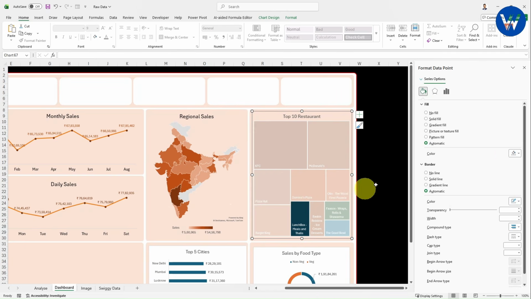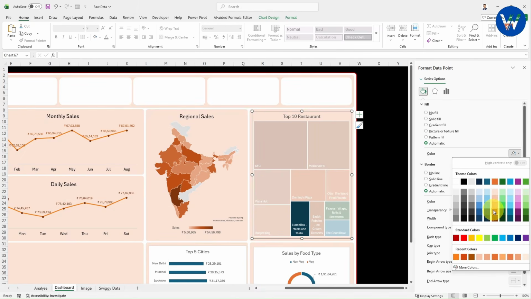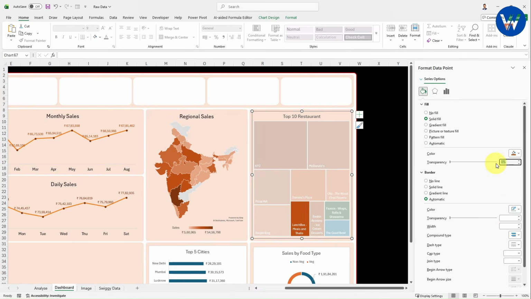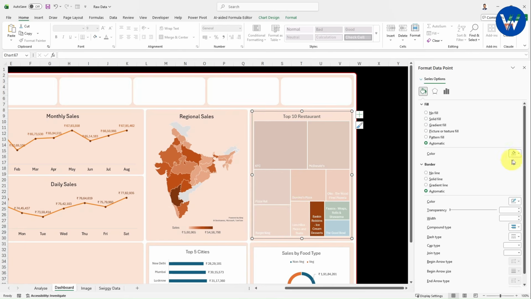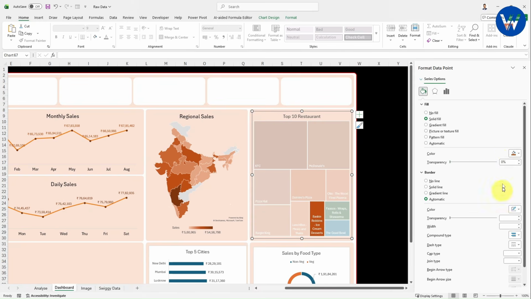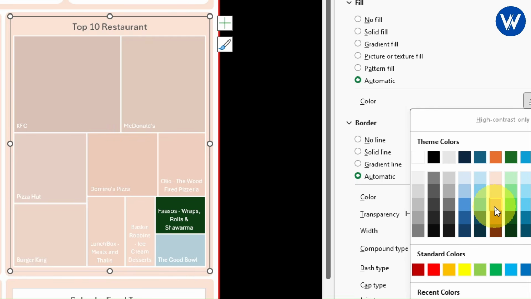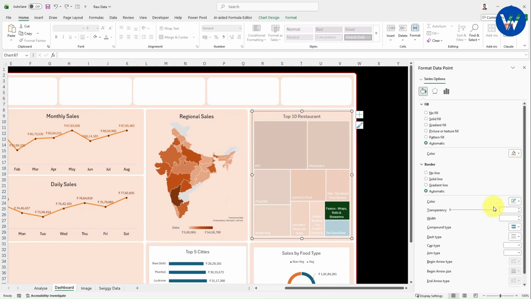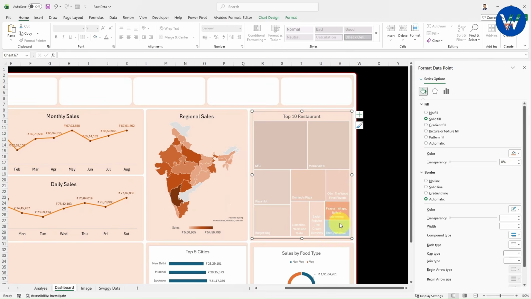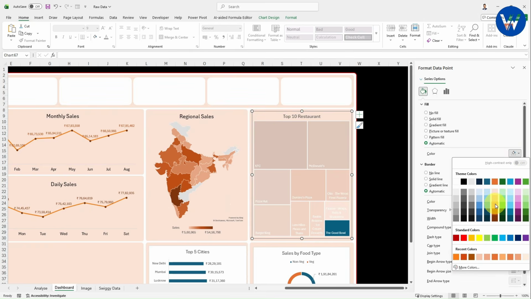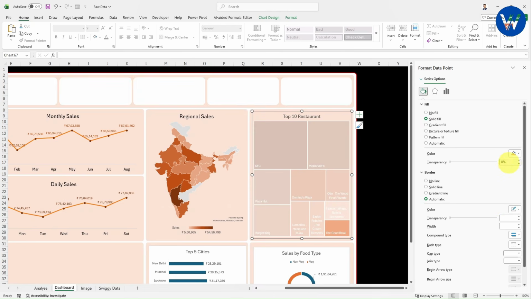Now select the lunchbox. Now fill the color. I will select this color. Now give the transparency as 40%. Now select this shape. Select the color. I will select this color. Now you need to give the transparency as 60%. So in this way you need to change the color. Third color. Okay. Click on this. Now you can see the color is changed. Now for this I will select the same third color. Now I will give the transparency as 20%.